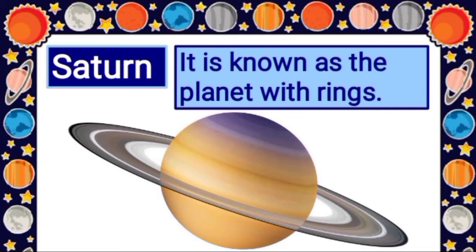Next planet is Saturn, and it is one of the planets that orbit or travel around the sun in the solar system, and it is the second largest planet in the solar system after Jupiter, and it is known for its beautiful rings, and it is the sixth planet from the sun, and it travels around the sun at an average distance of about 890 million miles, means 1.4 billion kilometers, and it has 22 known satellites, and its rings are made of many pieces of rocks and ice.